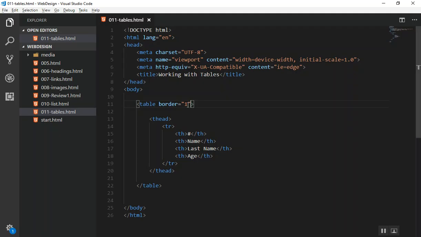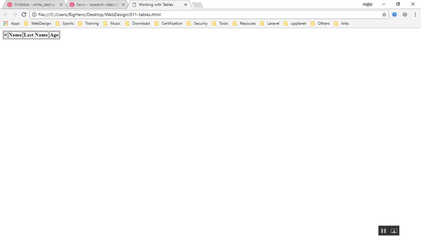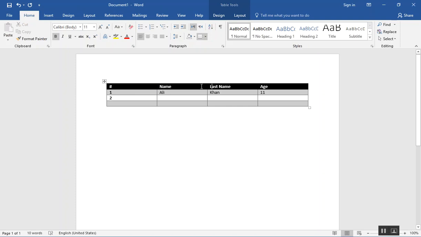You can come and say our table is too small. Let's give them a little width. If you put a width of, let's say, 400 pixels, save it, and then you come and refresh your page. Now it looks a little bit better, but it is not perfect. You can design it with CSS. We have not used any CSS for now, but as you can see, the table shows the structure